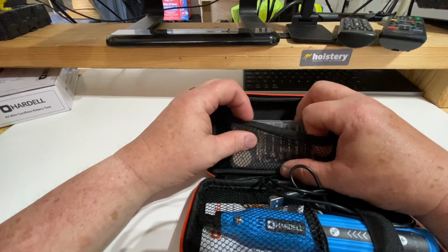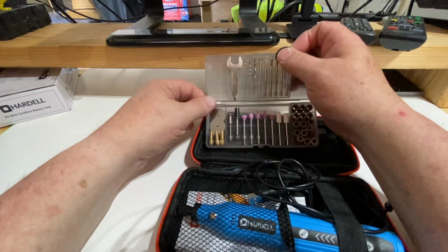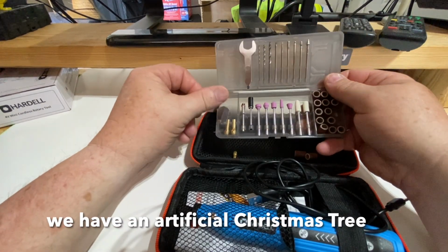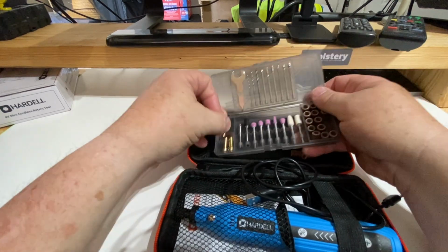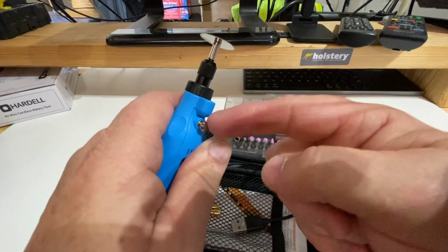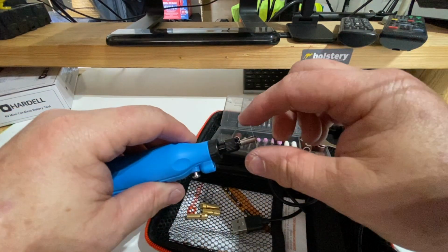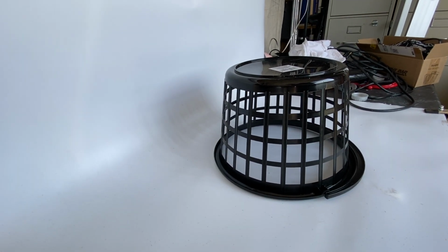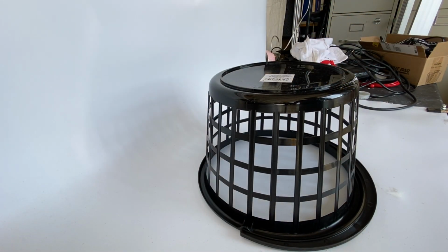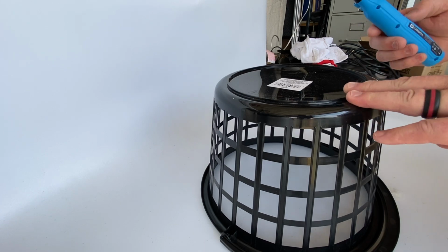My wife wanted me to cut a laundry basket, and she wants me to cut the bottom out of it to use as some sort of Christmas tree, to cover the bottom of the Christmas tree where the legs are. I don't know what you call that, but I'm going to try that and tighten it back down. I'm still holding this little button down in, and it's tight in there now, won't come out. Basically, she wants me to cut out the bottom of this to put around the Christmas tree thing. So let's give it a shot. You're doing this with me, so